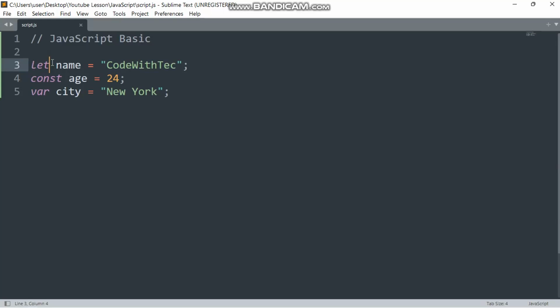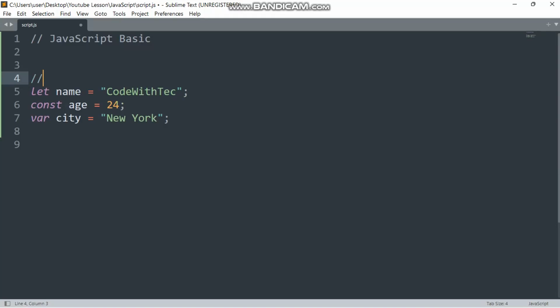With let, we can change the value. We can manipulate the value within a let variable, but the value in const remains constant. We cannot manipulate it, we cannot change it. But var here is the old way of declaring variables. It is the old way, but it is commonly used in our dispensation now as well. With that being said, all of the things that we have put here are just about understanding